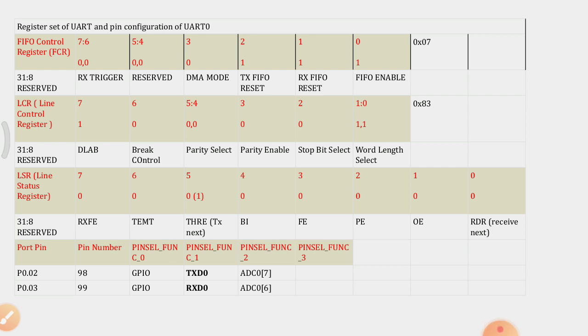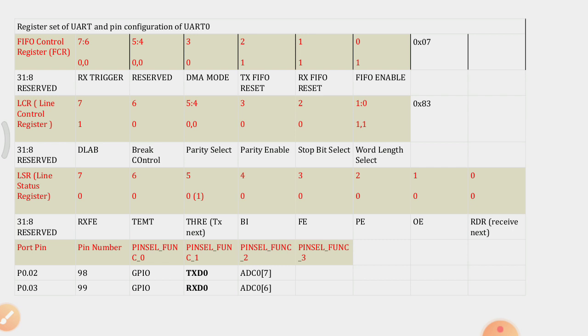If bits 0 and 1 are 0 1, then 2 bits per character. If it is 1 0, then 4 bits, and if it is 1 1, then the word length of the data is going to be 8 bits. So we are going to use 8-bit length here, and we are enabling the divisor latch here.